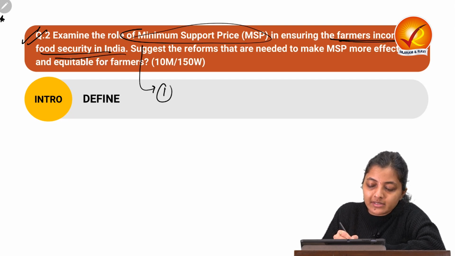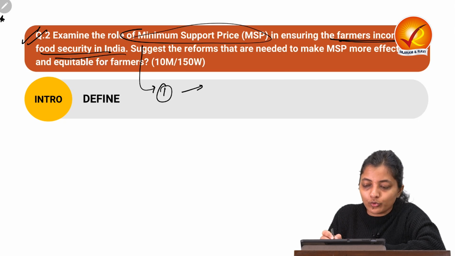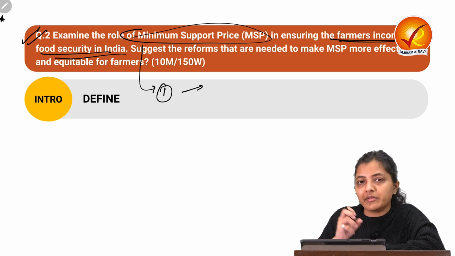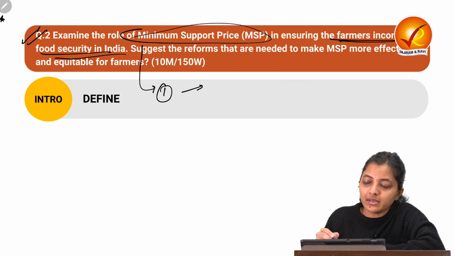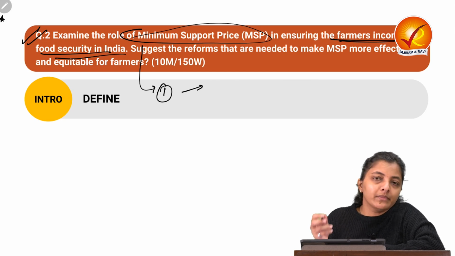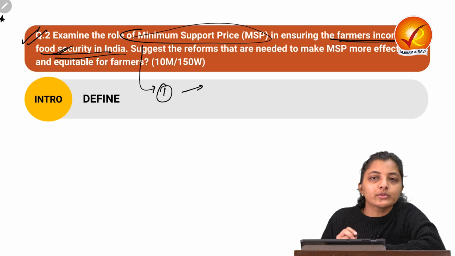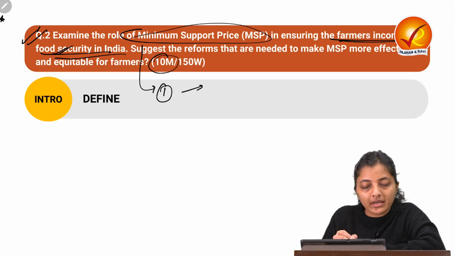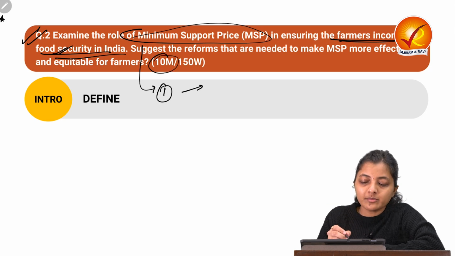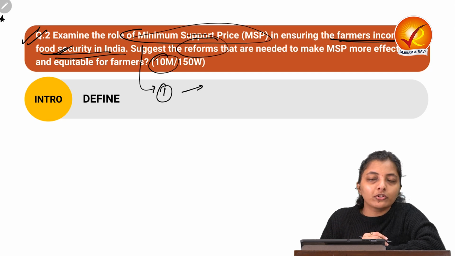So this is the first demand. You can merge both of these points. In this answer, we have divided it into two parts: how MSP helps in ensuring the farmers' income and how MSP helps in ensuring food security. But as this is a 10-marker question, you can merge these points, because we have the second demand also,